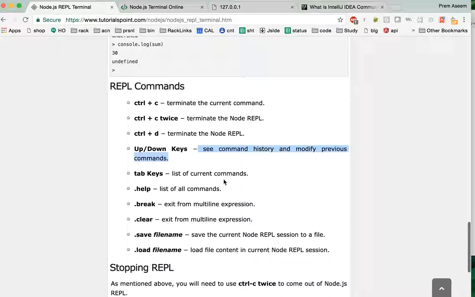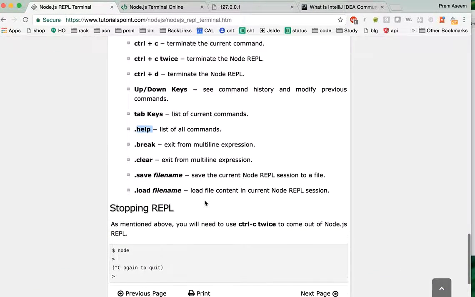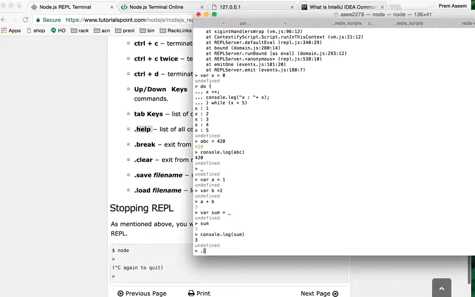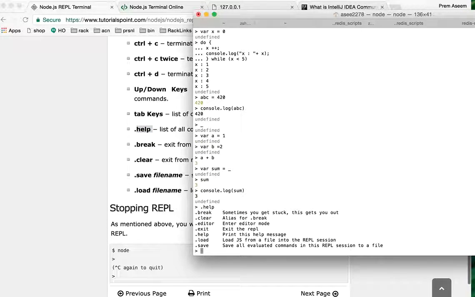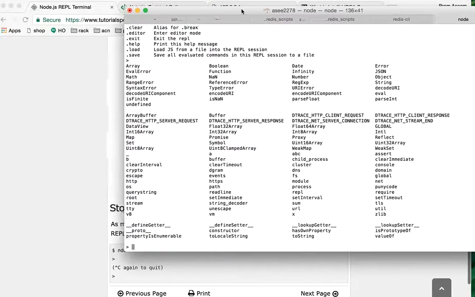List of commands can be seen through the tab key. It would do the autocomplete. And there are .help, .break, .clear, .save files. There are a bunch of these. You better go and try them over there. Especially you can take the help. So .help will give you all these options, and then if you press the tab, it will ideally tell you